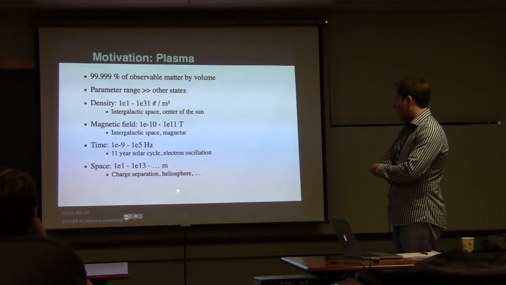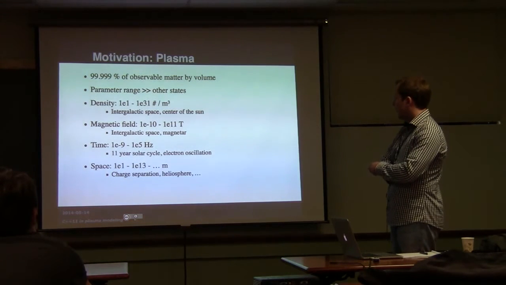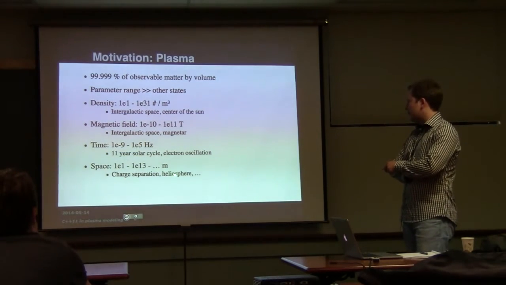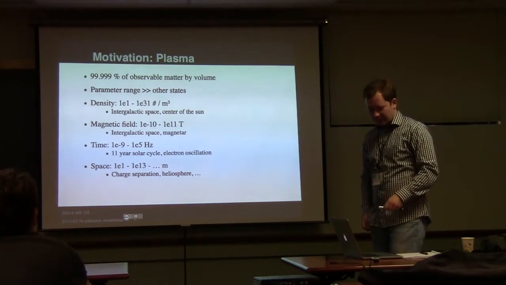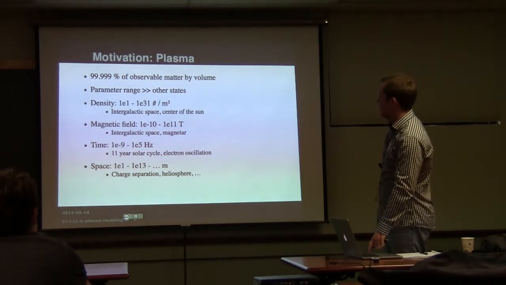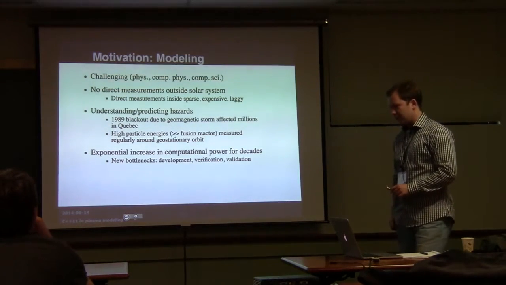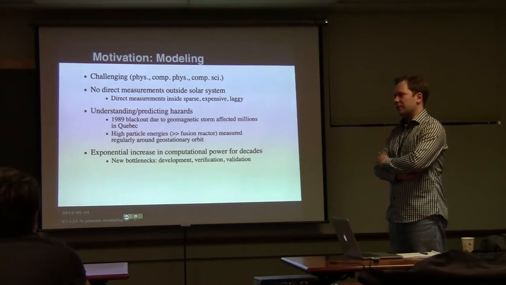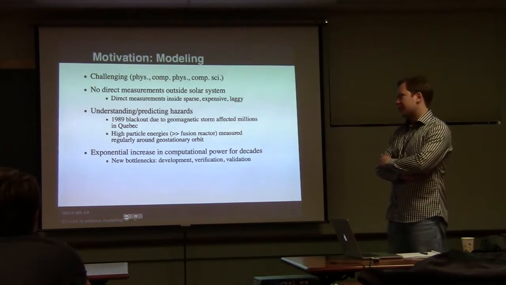And the spatial scales start from like 10 meters or 1 meter for the charge separation between the protons and the electrons, and then you have the heliosphere and light years long structures of all kinds. So it's a very diverse system. And it's very challenging to model from a purely physics point of view, to just understand what you're trying to model, or if you're modeling it correctly.